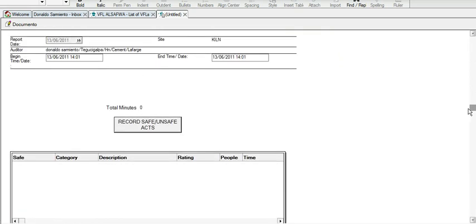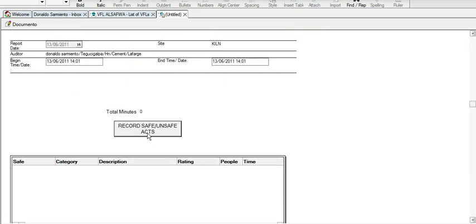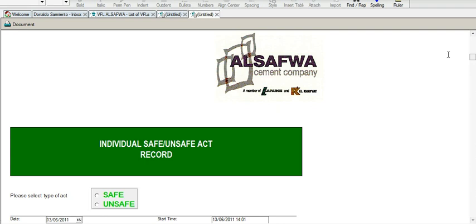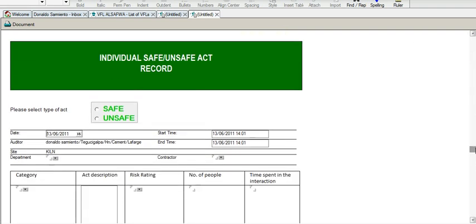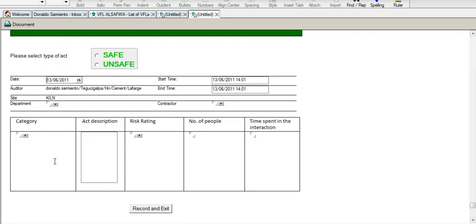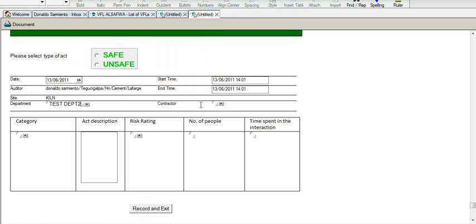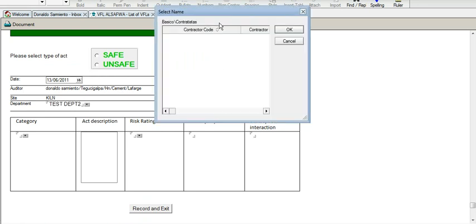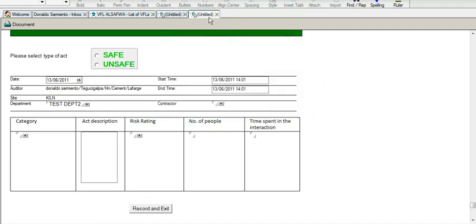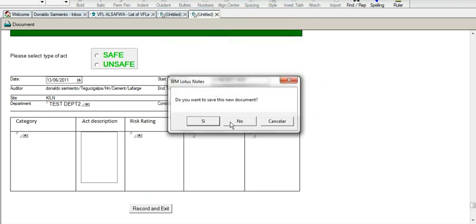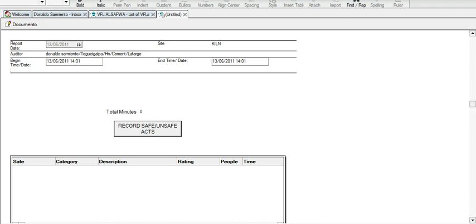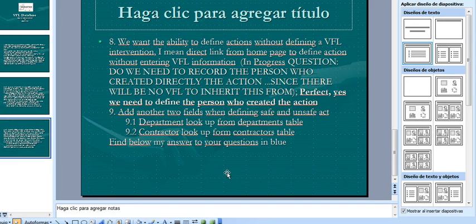This is the main screen. As you can see, we can select a department and we can select a contractor which we haven't defined yet. So those are the changes